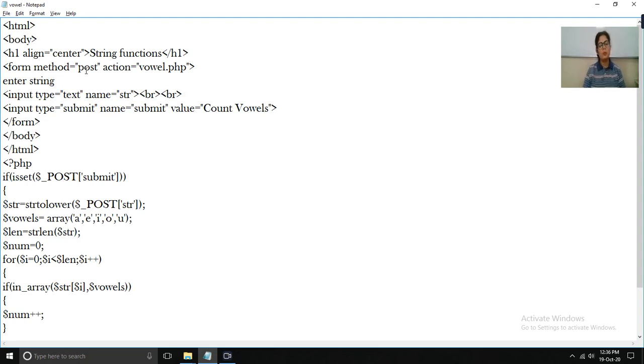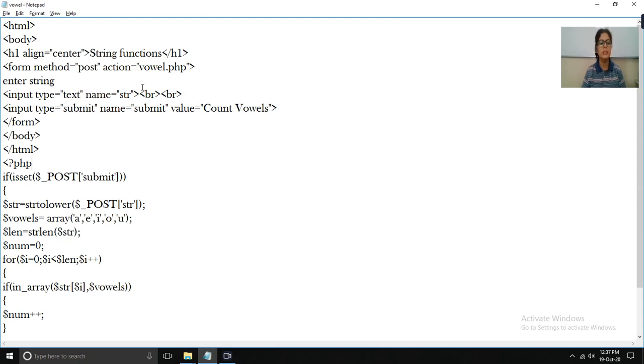So method is equal to post means it will send the data, and action is equal to vowel.php means, as in this program I have given the PHP program inside the same page after the HTML tag, that's why I am using this on the same page. So it will send my data to this web page, that is vowel.php. I have saved this whole page with the name vowel.php. That's why I have written the action vowel.php.